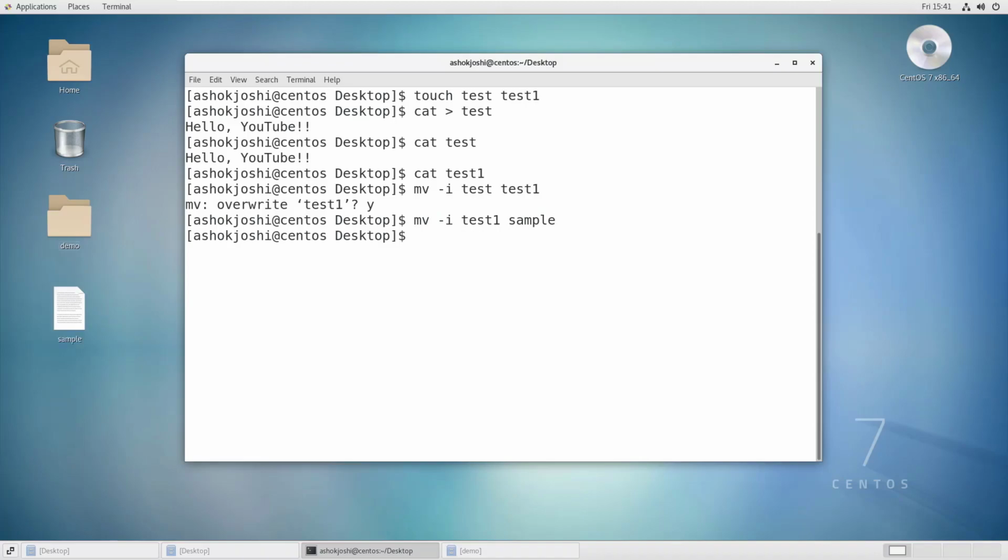See, I did not get any kind of prompt, which was asked over here because there was an existing file, test1. And now there was no file called sample, so it got created, and whatever content was inside test1 is already there inside sample. Let me show you what is inside the sample. See, hello YouTube. So that's how you can use the interactive option with the mv command.